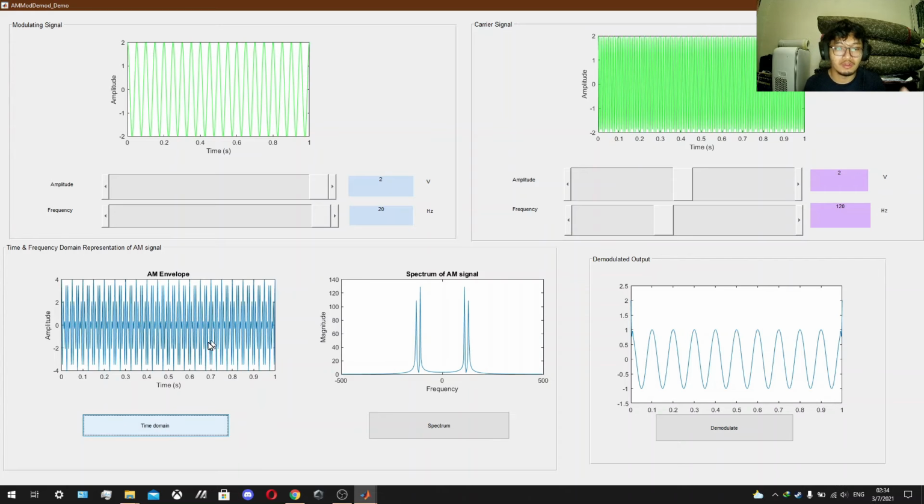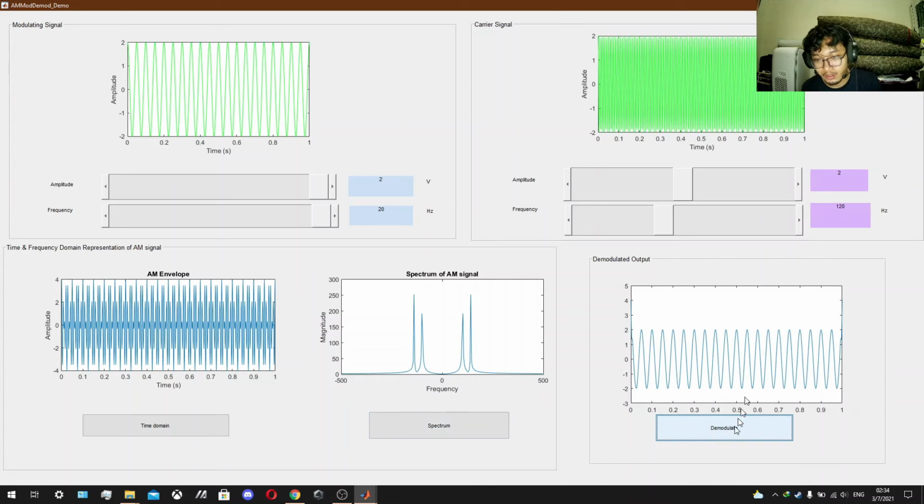Wow, here is the amplitude for the time domain. And next we go to the spectrum, the frequency spectrum is a little bit the same. Next we go to the demodulated output, and we can see more sine waves than before.